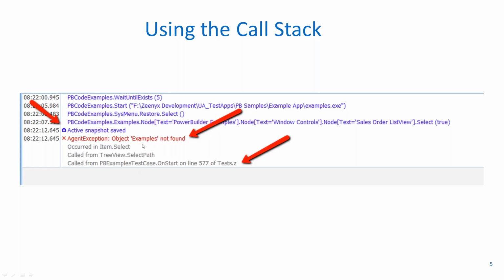When you see the call stack underneath the error, you can put your cursor on a line, and in this case I'm only showing you one line, but if it was called from somewhere else, there could be multiple lines. And it starts from inner to outer. So if this was the step, and then if it was called from a test, there'd be another line. But if you take your cursor and you double click on that line,